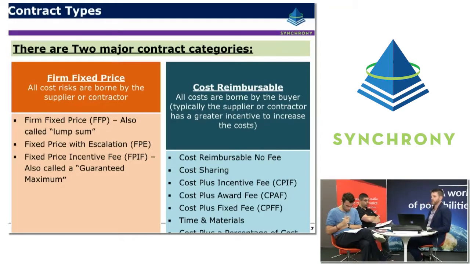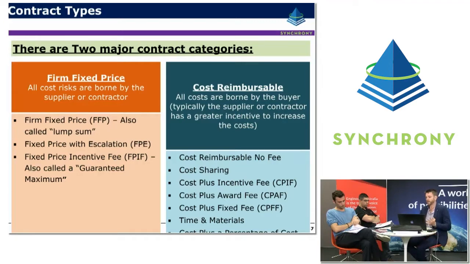So typically the supplier or contractor could be seen to have an incentive to actually increase costs, because the higher the costs, the more money they receive. So by applying earned value principles and assigning a budget to the work quickly, the owner who's wearing that risk will very quickly be able to identify if they're exposed to significant cost overruns or if there's a risk that they will be.